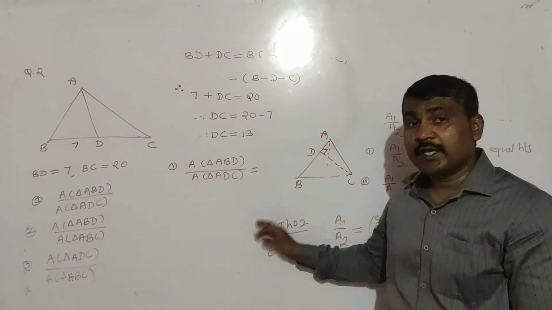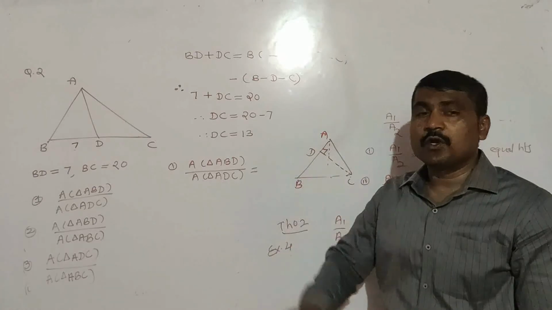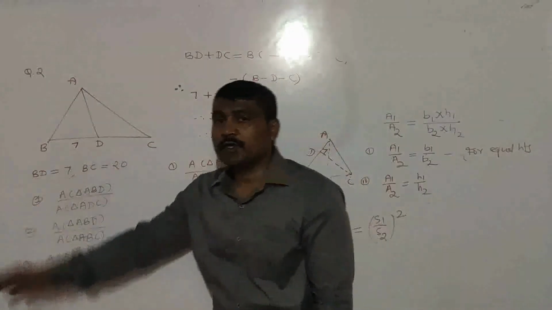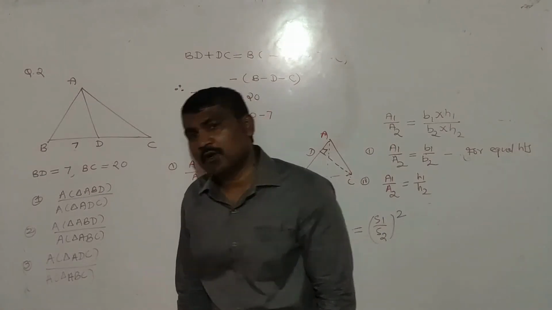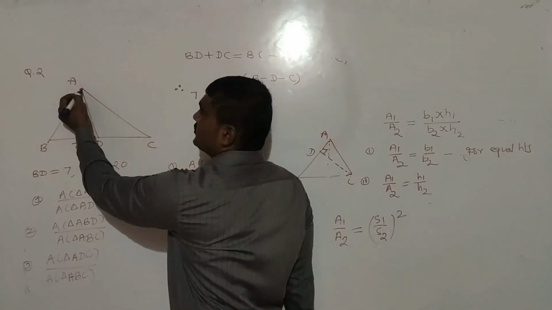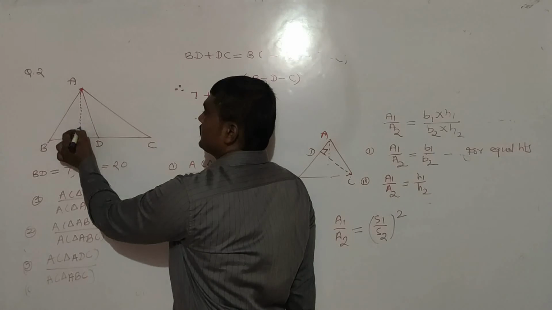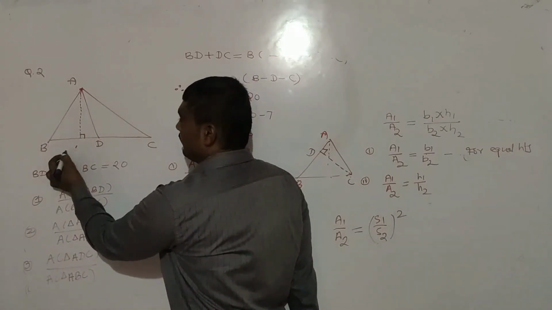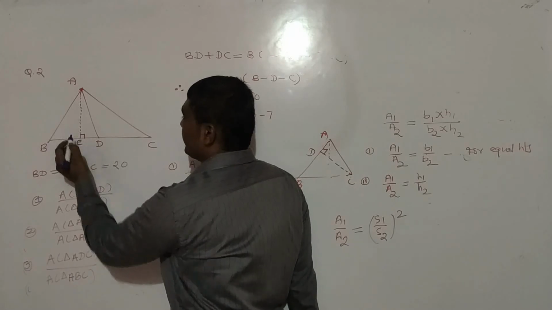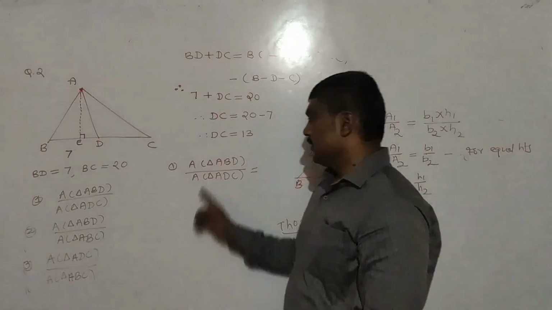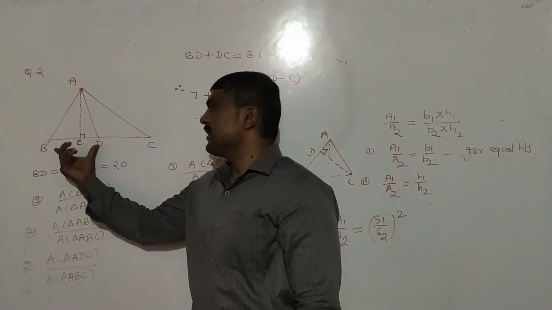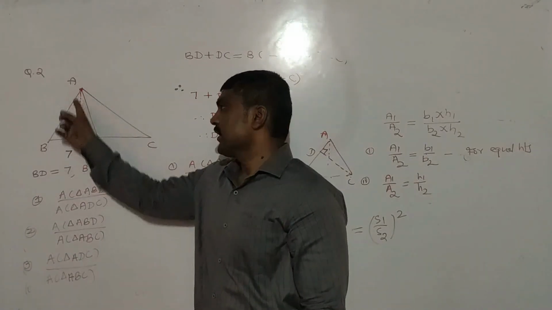बेस कौन सा होता है? जिस साइड के ऊपर परपेंडिकुलर ड्रॉ किया होता है उसे हम बेस बोलते हैं. Okay, here perpendicular is not drawn, so we can draw perpendicular from vertex. Just construct this. अगर ये perpendicular draw किया, name suppose A B C D point E. Now you can check for triangle ABD. ABD, which is the base? Base is BD. A is the height.